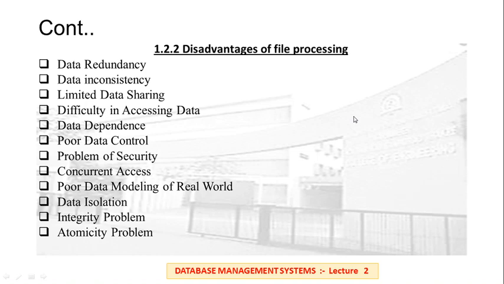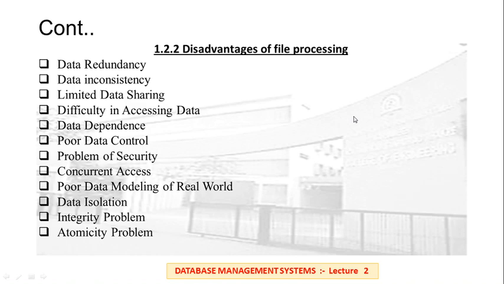In another example, if multiple transactions make updates on the same bank account, this is a real world example, then it may show an incorrect balance. If any other transaction tries to access the balance amount in between, it is very difficult to implement a concurrency control mechanism on a file processing system, which leads to incorrect or wrong data retrieval.